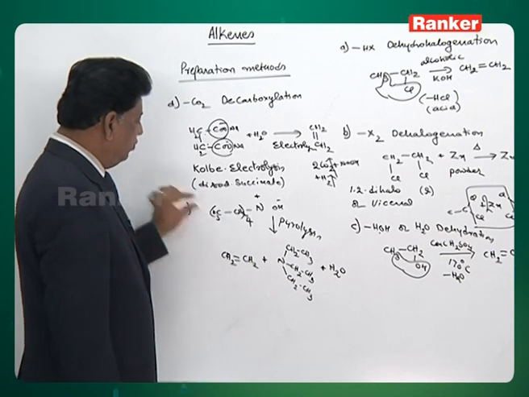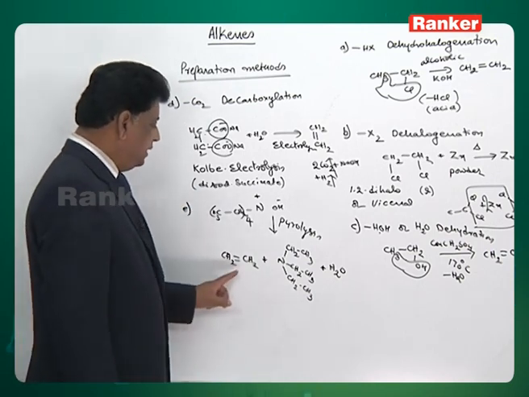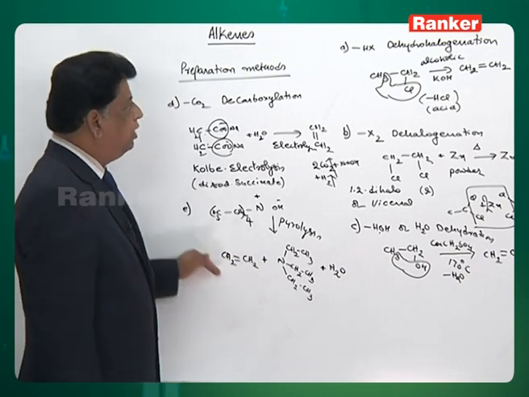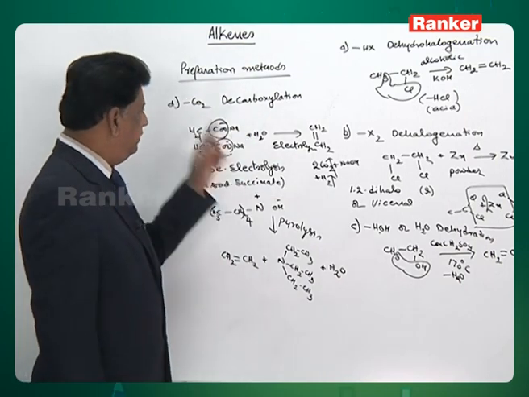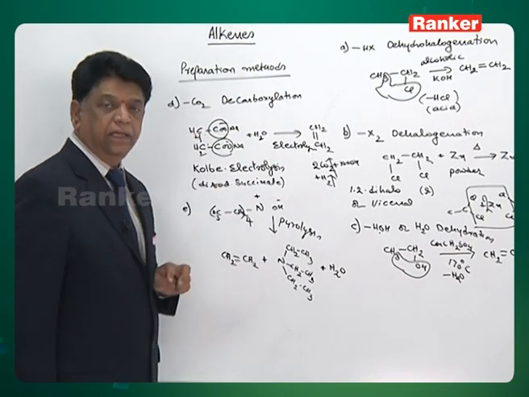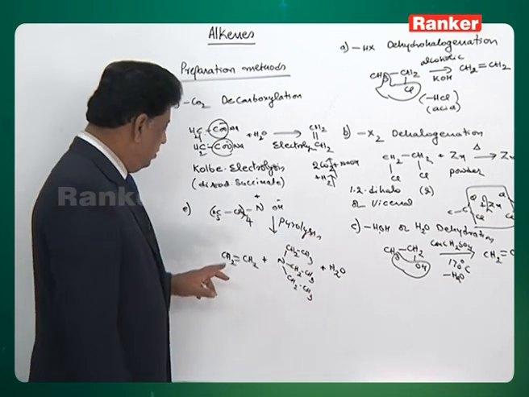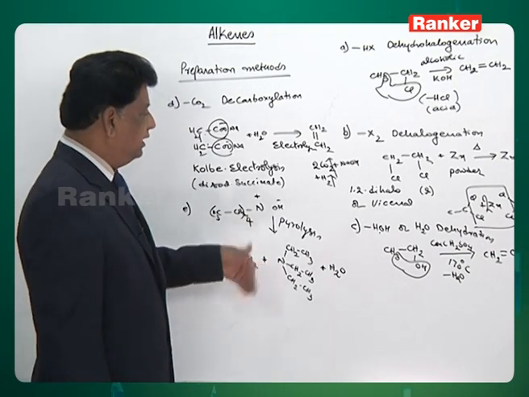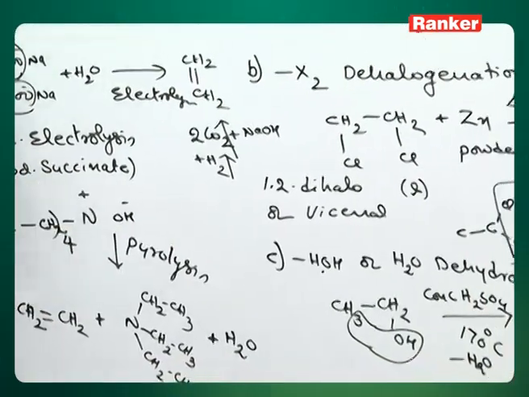So, out of the 4 groups, 1 group becomes an alkene. So, it is also an elimination reaction, but fundamentally the last one will not follow the Saytzeff rule. A, B, C, D are following the general rules of elimination, that is, the Saytzeff rule they follow, but this follows an anti-Saytzeff rule,